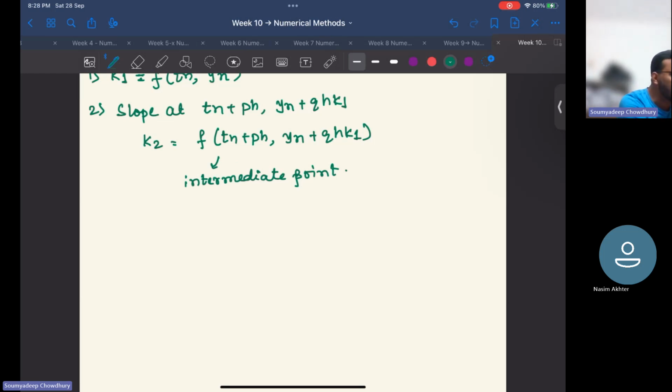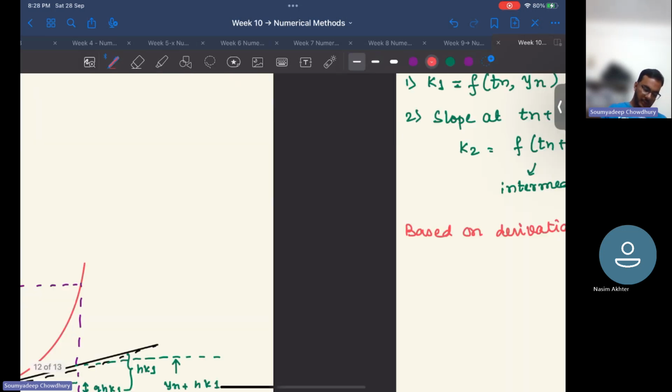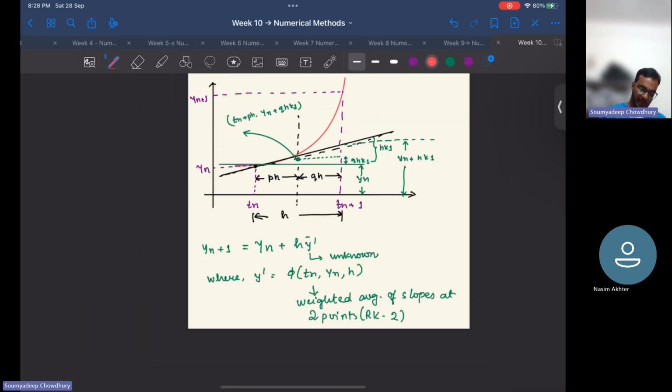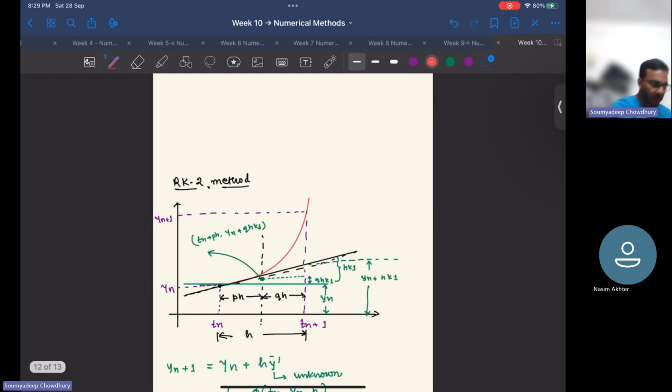So we will see here how we can find them out. I'll not go into the detailed derivation of how to find P and Q, I'll just tell you. Based on the derivations, we can find out. Just remember, apart from P and Q, there were two more variables, which are